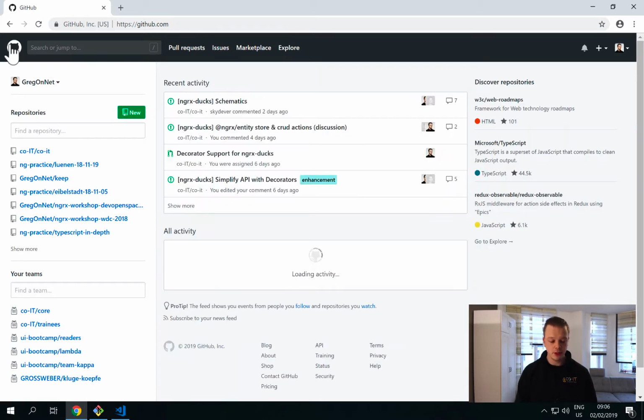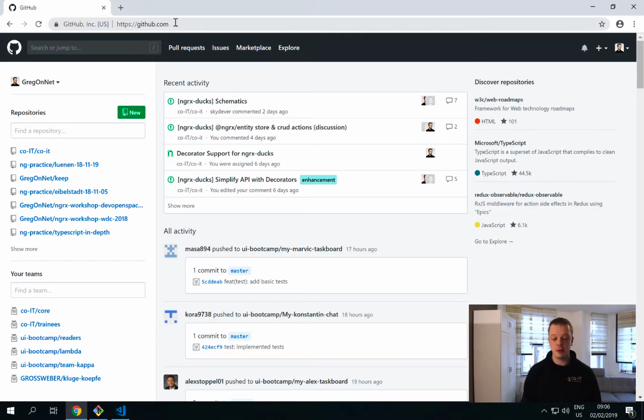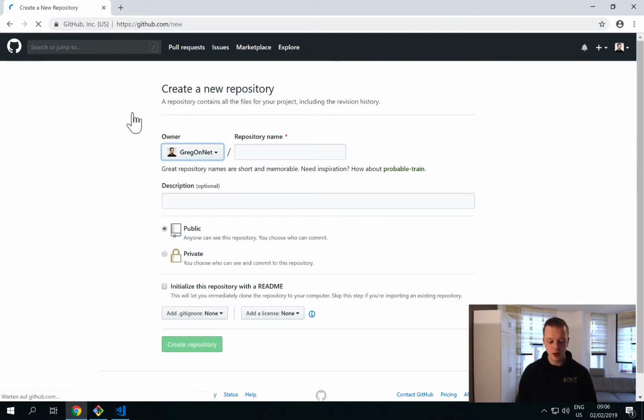To do this, you need to go back to the start page, and here you can create a new server-side hosted repository. And if you click the new button, there is a little window where you have to type the name. I just stick with the name that we have used in the previous videos. I say new repository here,